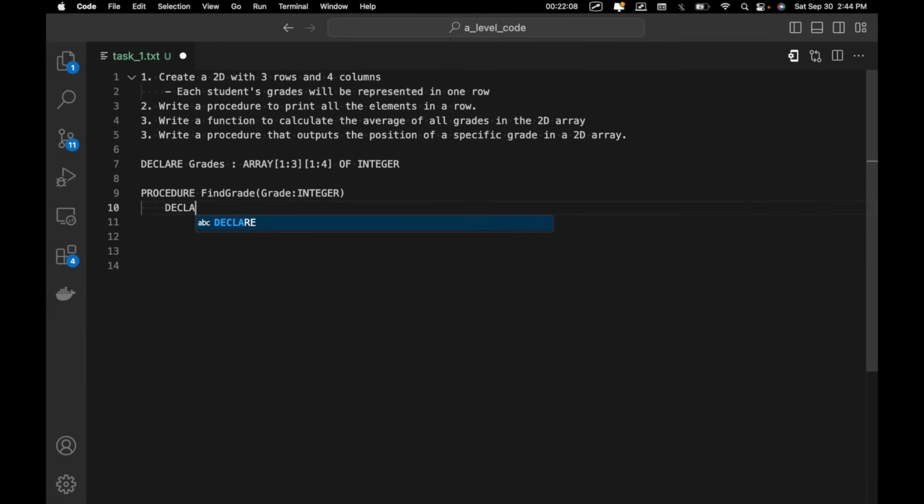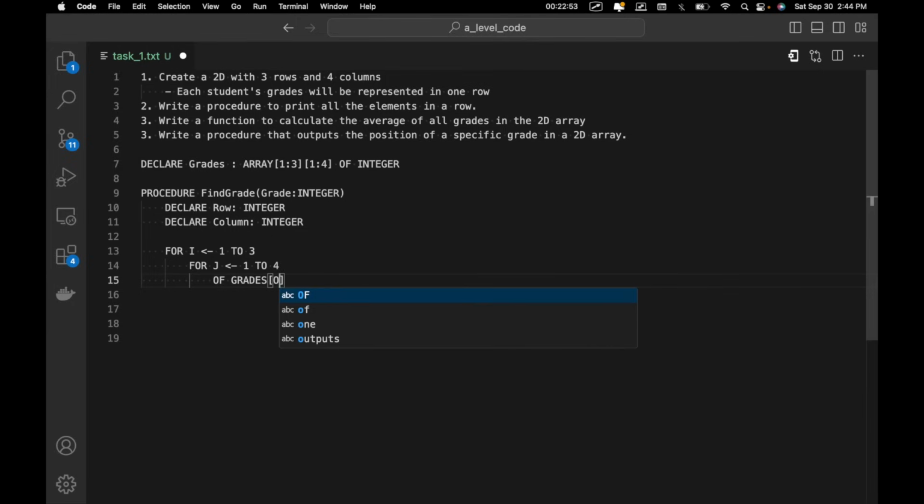And then we're going to declare a row, and then declare a column. And then we will do another 2D loop, for i from 1 to 4, or rather 1 to 3. Basically what we did before. And then we can look for that grade in our 2D array. So we can say if grades i j is equal to grade, so whatever our parameter was right here,